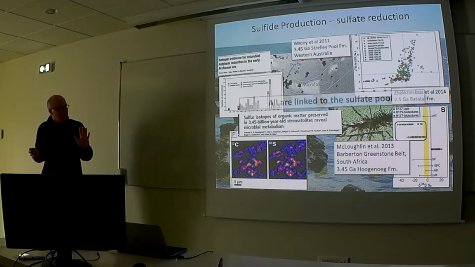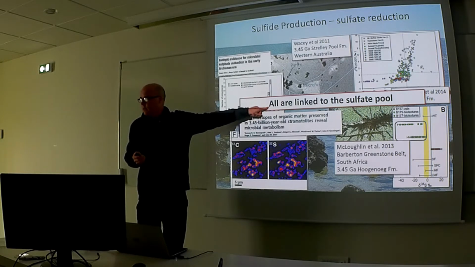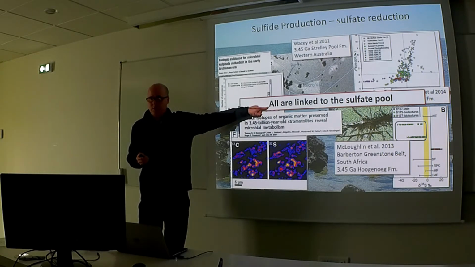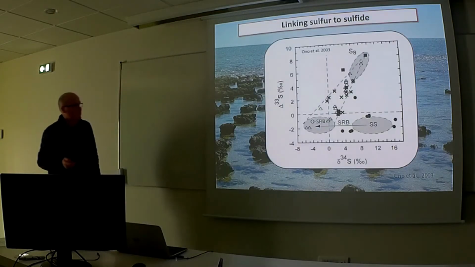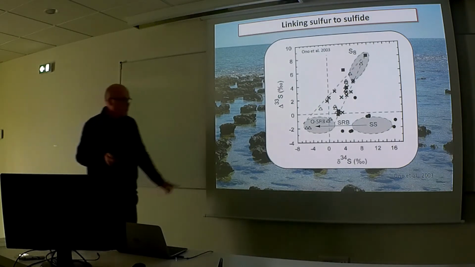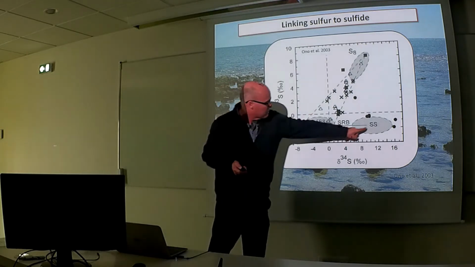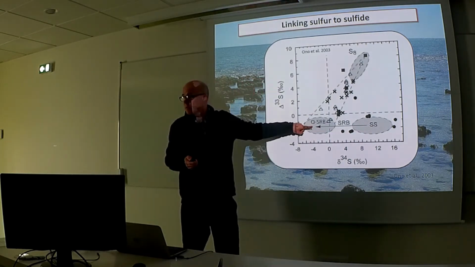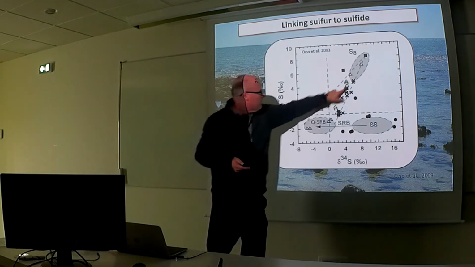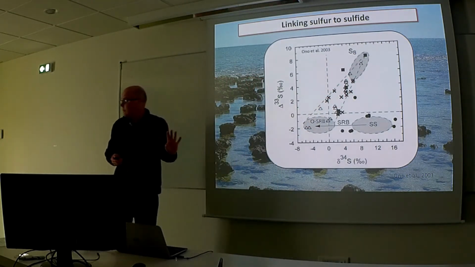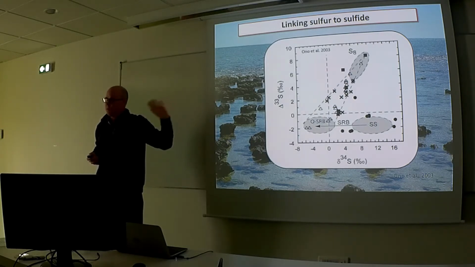the question still remains as to how do you make the link to something other than the sulfate pool? How do you make it to the elemental sulfur pool? Because these things all have to do with sulfate reduction. They don't have to do with elemental sulfur. And Shuhei noticed this, and this is in one of his early papers. He argued, he said, well, maybe seawater sulfate was here. Maybe sulfate reduction produced some of these signals, and maybe there was an atmospheric signal here. And then somehow you fill in that region. But you've got this triangular shaped field that develops, and we want to explain it, and we want to explain how that